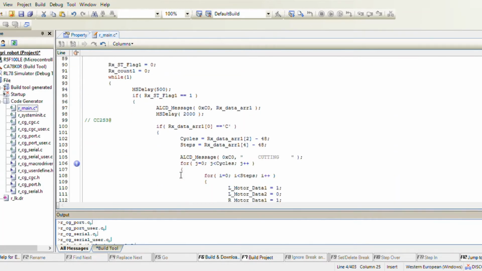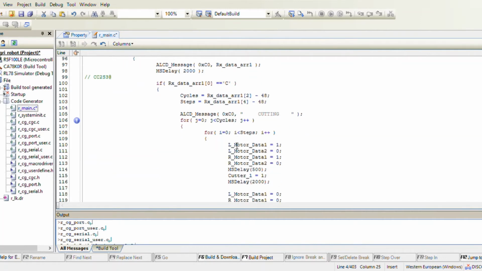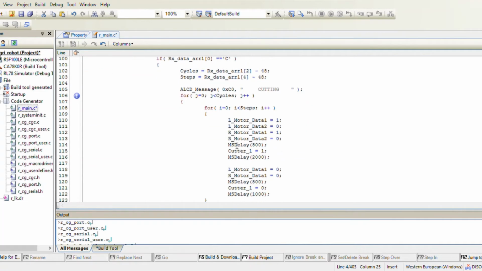if Rx data is equal to C, which means it is cutting, the steps and cycles are declared, and the ALCD message will show cutting with a for loop inside. In the for loop, cutter 1 equal to 1 means it is cutting.